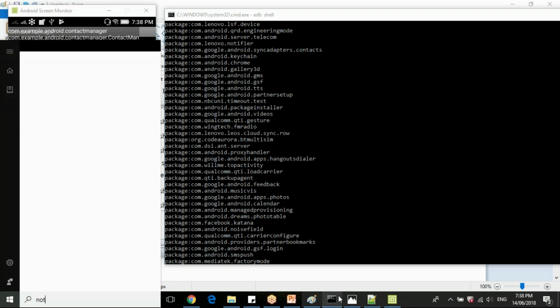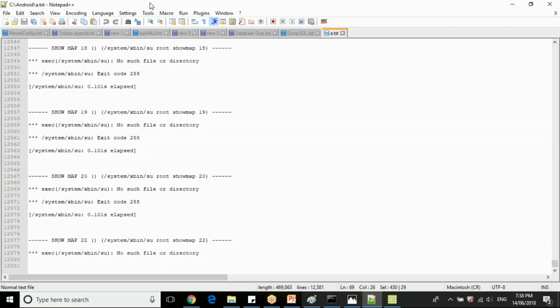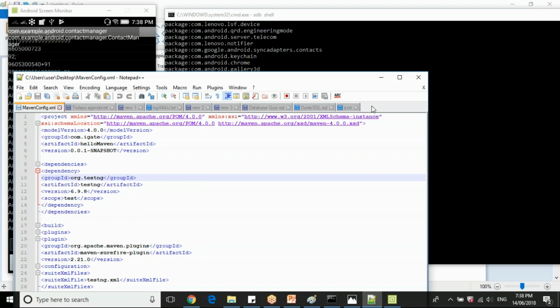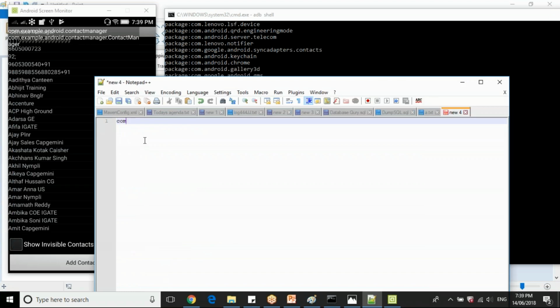So let me create a new notepad. So what is my package? com.example.android.contactmanager. Make sure this is case sensitive, guys.